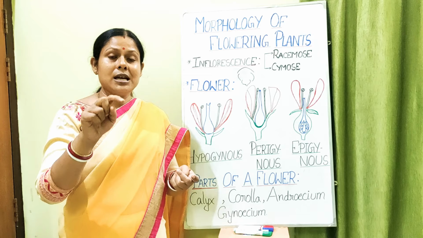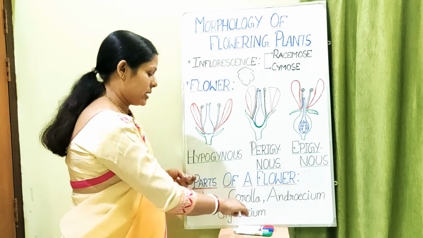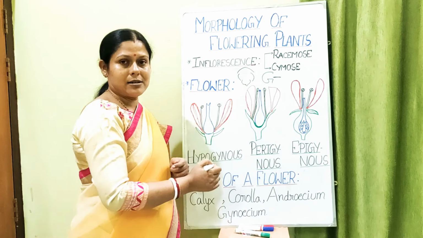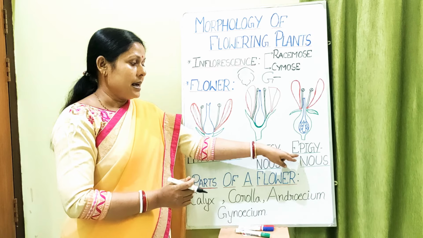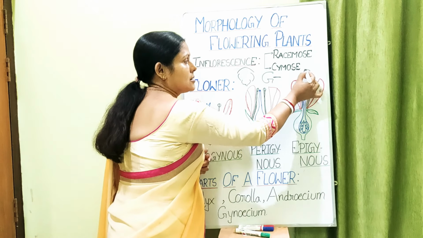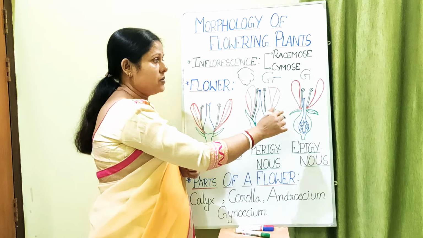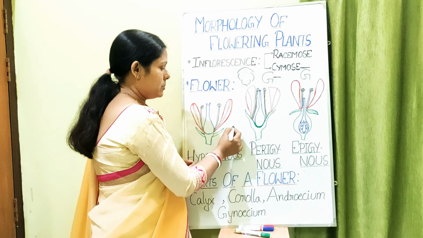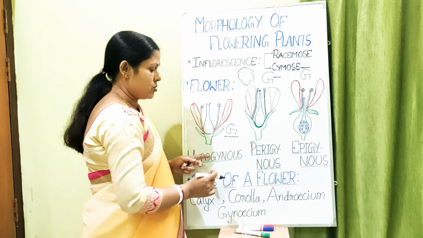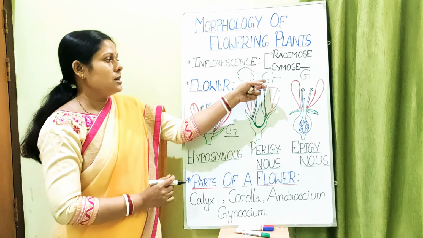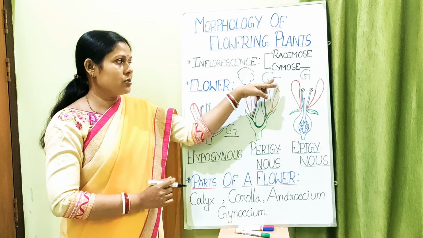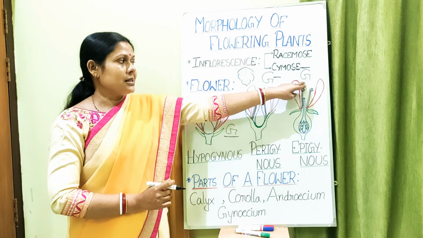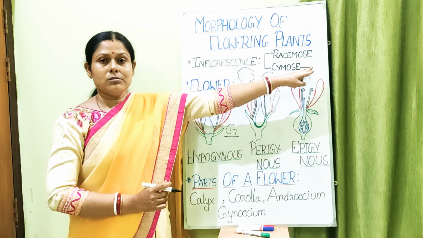For perigynous, we write capital G and in the middle of the G we draw one line, like this. For epigynous, the ovary is inserted and inferior, so you put a line over the top of the G. So this one is G underlined, superior gynoecium. This one is half inferior or half superior, so a line just in the middle of the G, like this. And for the inferior ovary, we write G with a line at the top of it.